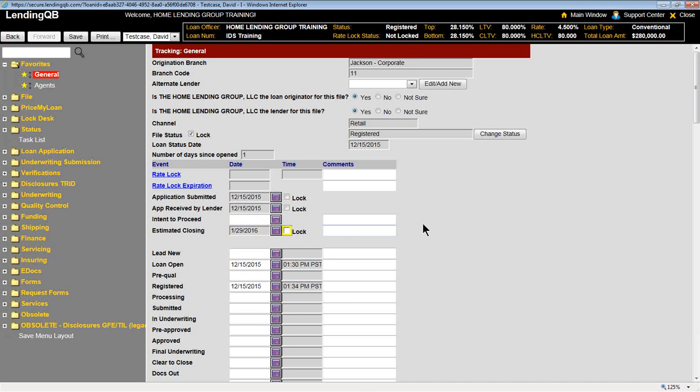For initial disclosures, for your LE, it really does happen after the LE, but it is worth mentioning, and that is this intent to proceed date. What is this date? What does it mean? How does it work? This date will not autofill, and I've been asked why a number of times. When I have my borrower electronically sign documents when they come back into the system, why doesn't the system put that date in there? The reason why it doesn't is that the regulation stipulates that that intent to proceed can